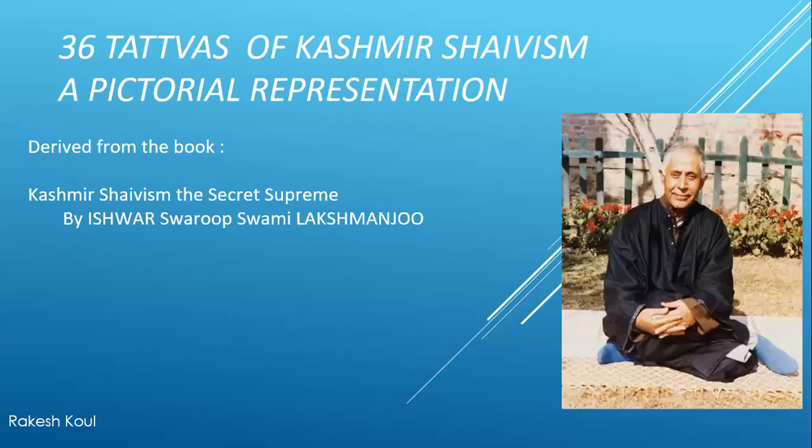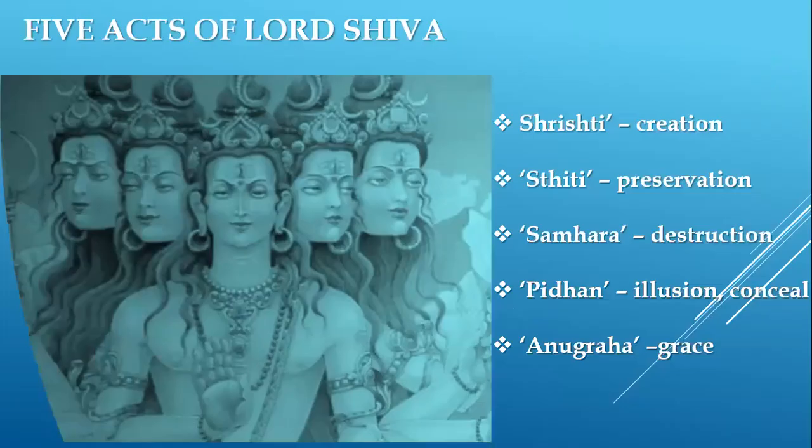So this is basically about the 36 tattvas, which I have taken from the book Kashmir Shaivism Described Supreme. Anybody who is interested, this is the book, which is a big treasure for beginners, it is everything. Whatever I learned is from Swamiji, and this book is a treasure for everything. So as I told, these are the 5 energies, the acts of Lord Shiva, which are